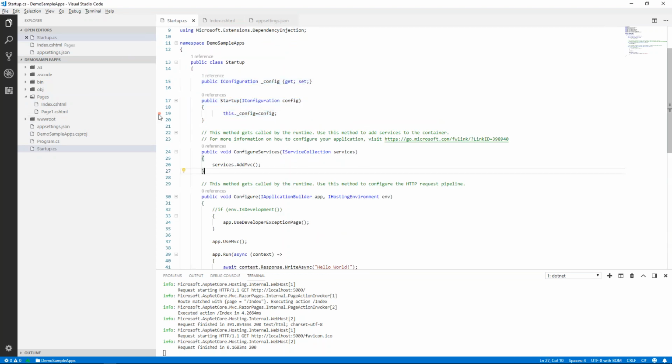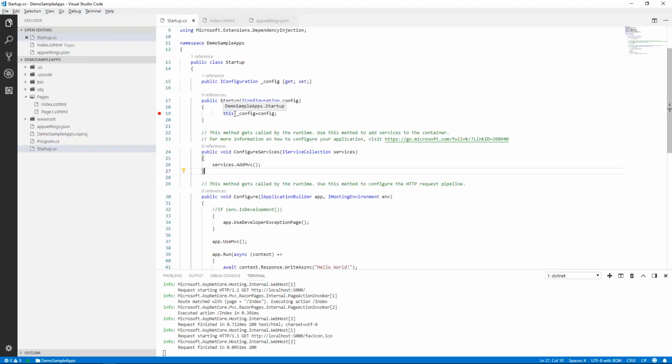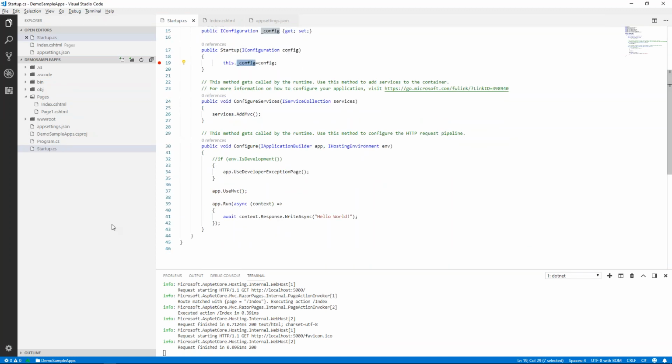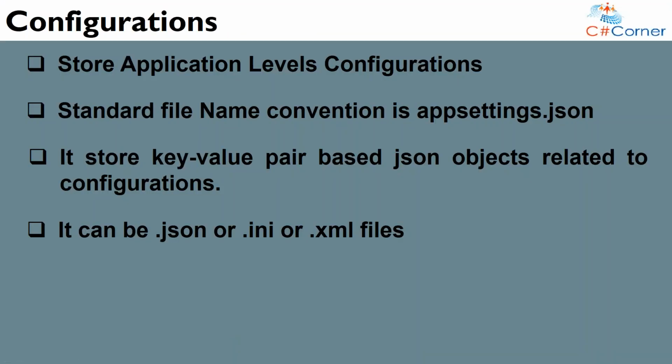If we mark a breakpoint here and refresh it, in Visual Studio you can check that all the configuration has been stored in this underscore config variable. So this is the implementation of configuration in ASP.NET Core projects, whether it is a console application or a web-based application. Normally configuration files are JSON files, but we can also use INI files or XML files. So these are the main contents of today's